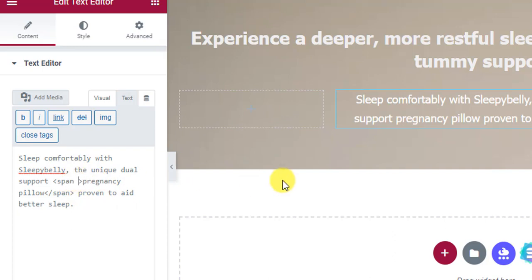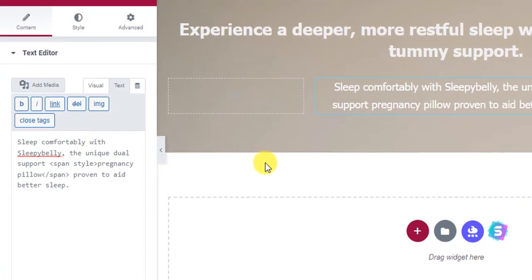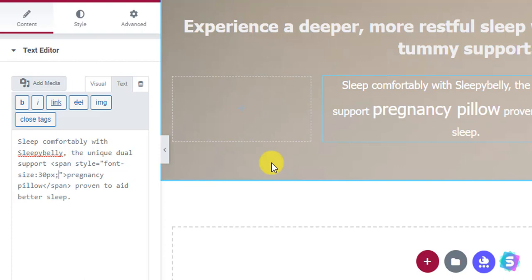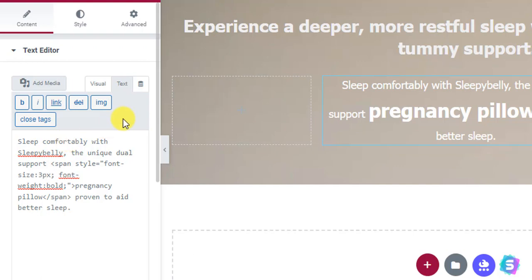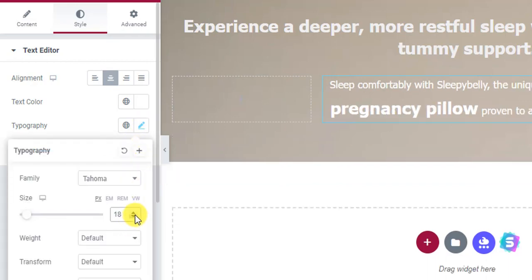And now the styling. To style with CSS in the HTML tag, click on style, type style, then we are going to put the value. Font size is 30 pixel, okay, 30 pixel, and font weight bold. So I think this is okay, or we can keep 34 or 30 is okay. And the text size we are going to increase a little bit more,